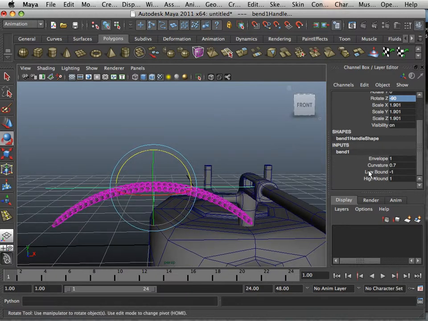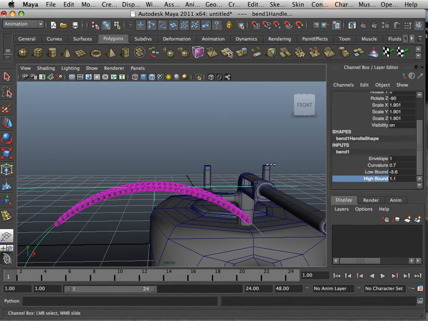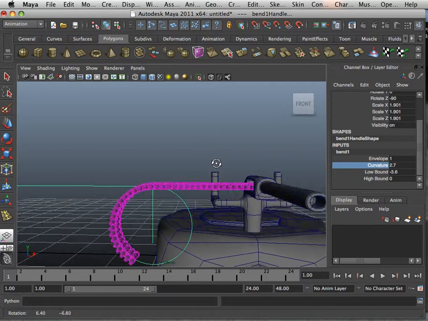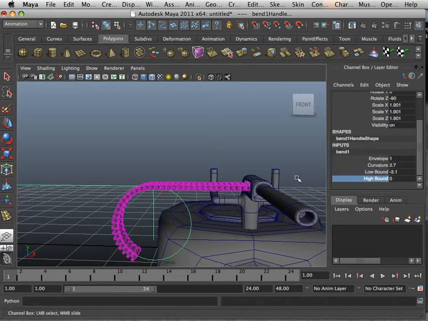Now, there's a high bound and low bound. The low bound is set to -2, and what happens is you can see that bends the tail end of this. The high bound, if I want that to go back into the gun, I can put at 0. And then the curvature, I can really curve this around. Okay. So what I'm going to do is maybe put a little bit here and a little bit in the high bound,